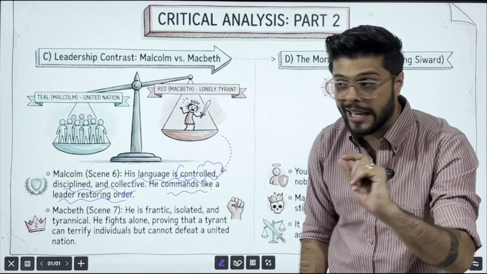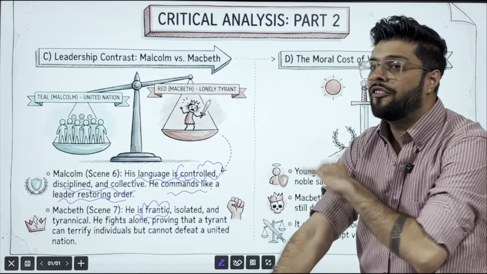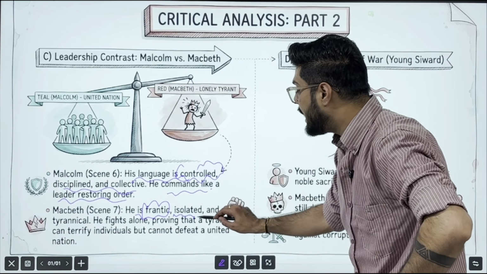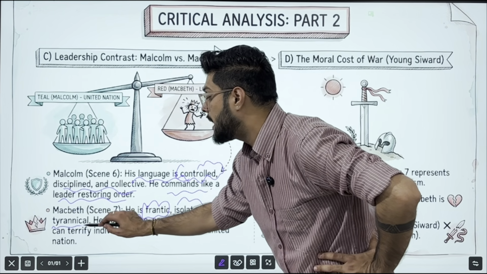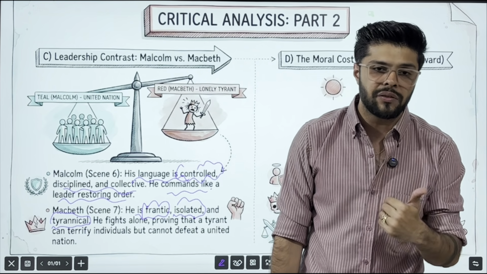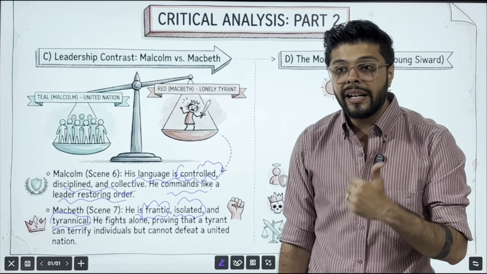which Macbeth lacks. So, Macbeth in scene 7 is portrayed as frantic. Frantic means lunatic. He is losing his state of mind. He has grown isolated and at the same time tyrannical as well. Why? Because the way he kills the young Siward without showing any mercy shows that he is indeed a